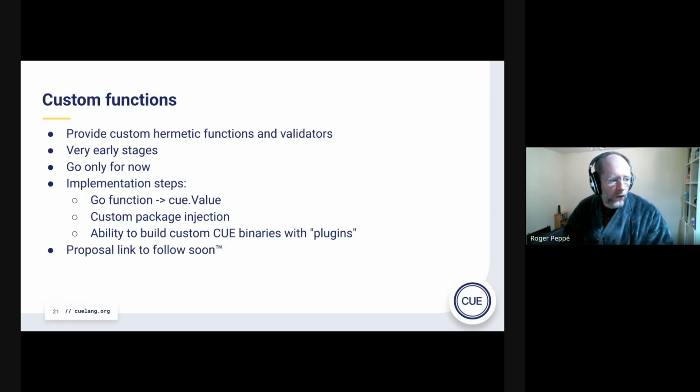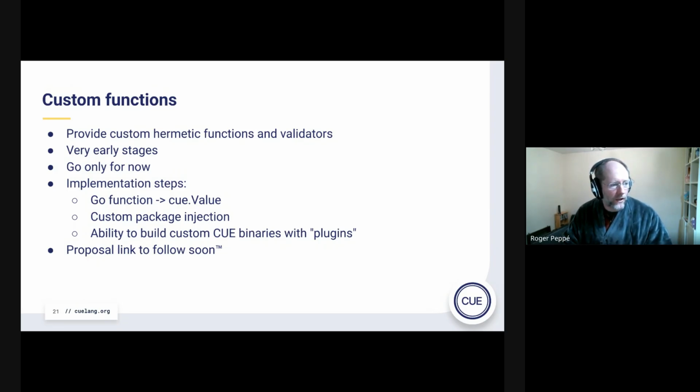The next stage is, if people have their own custom functions, you want that to be callable from the CUE command line too, so there's the possibility, and this is all very hand wavy as yet, to build your own custom CUE binary with some of these custom functions in. Proposal to follow soon.